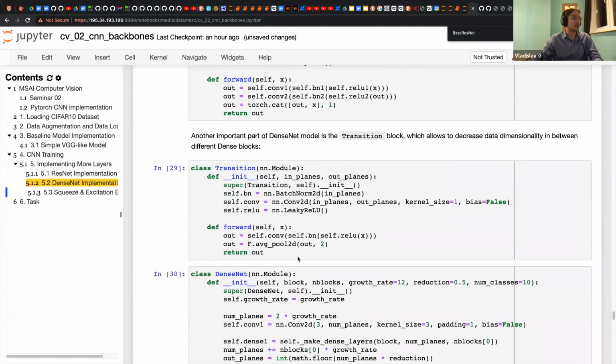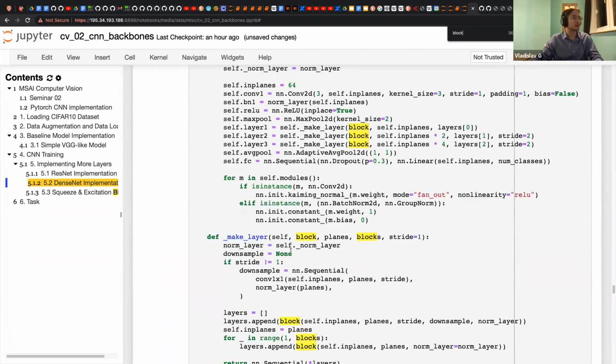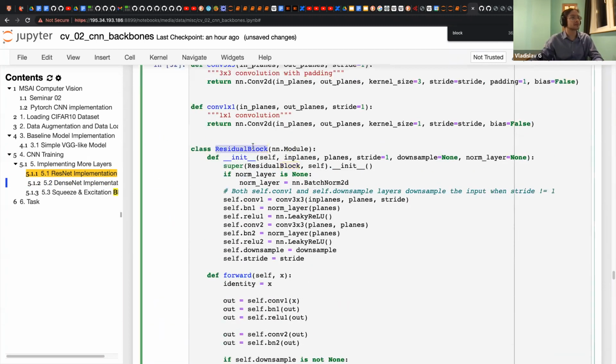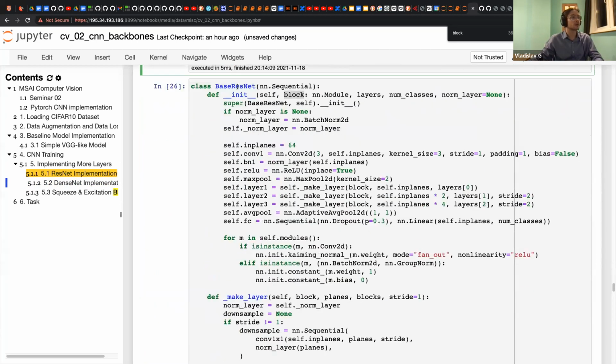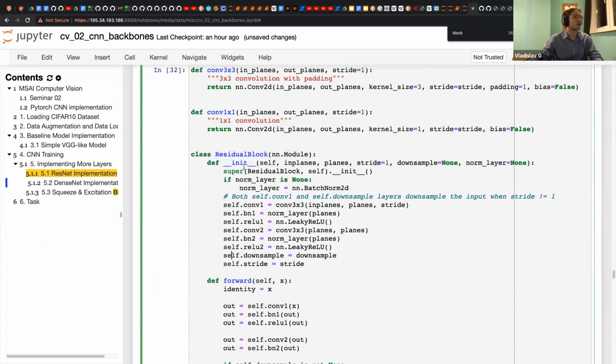We have the same block parameter here, and in fact, this block is an nn.Module. This is a class for this variable. So in fact, this block is this class, residual block. So we would call it in the following way, like base ResNet of residual block.